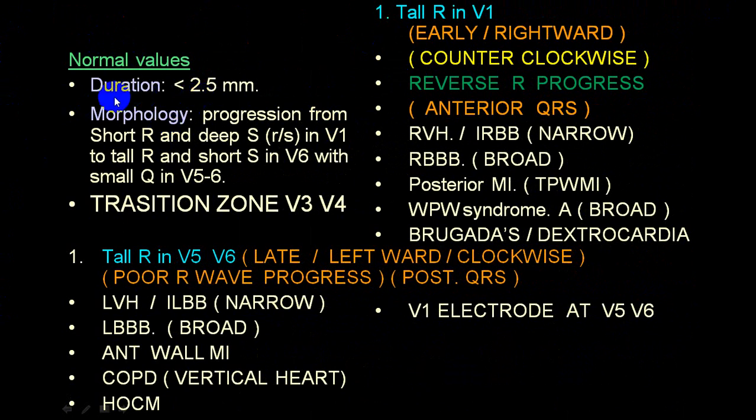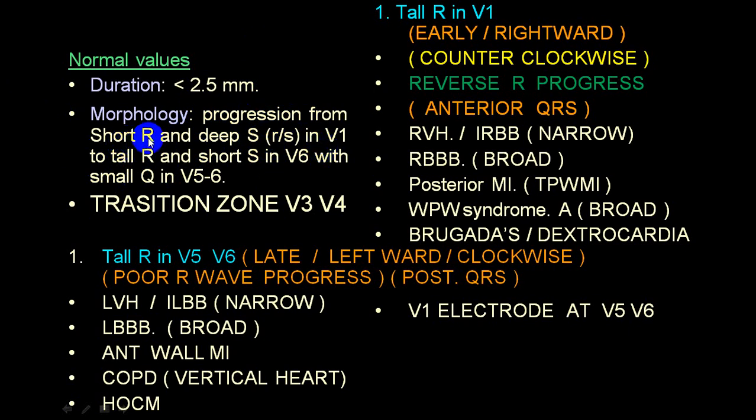We already told you the amplitude of the R wave is more than 10 millimeter in chest leads and more than 5 millimeter in limb leads. Usually, if you look at the QRS complex in the chest leads, which is what we most commonly look at, from V1 onwards the R wave will become taller and taller, and the S wave will become shorter and shorter. So in V1, R is smaller than S.